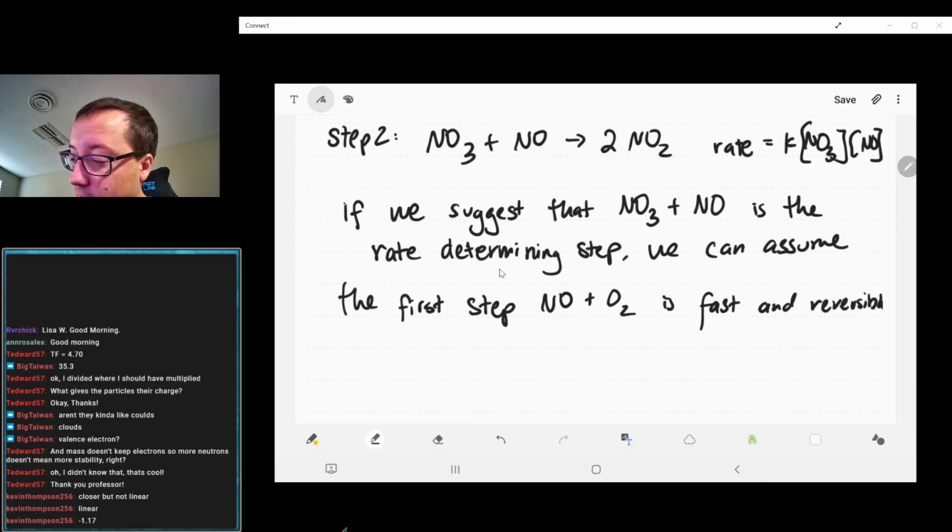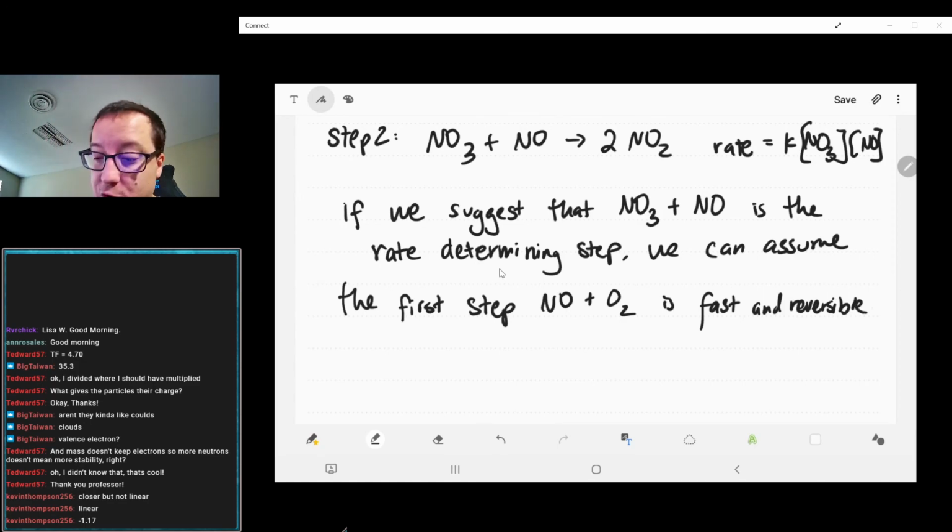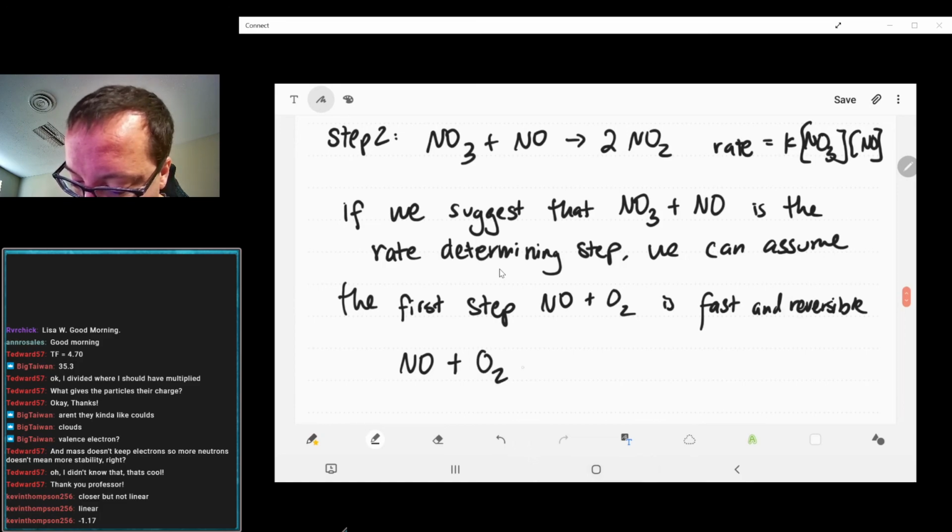Because things are not happening right away, often your intermediates, remember, are higher energy species than your reactants. Which would therefore change our reaction slightly. We now will put a double arrow